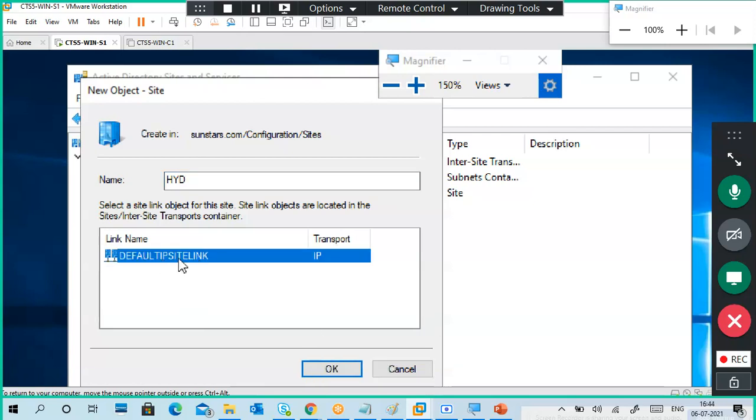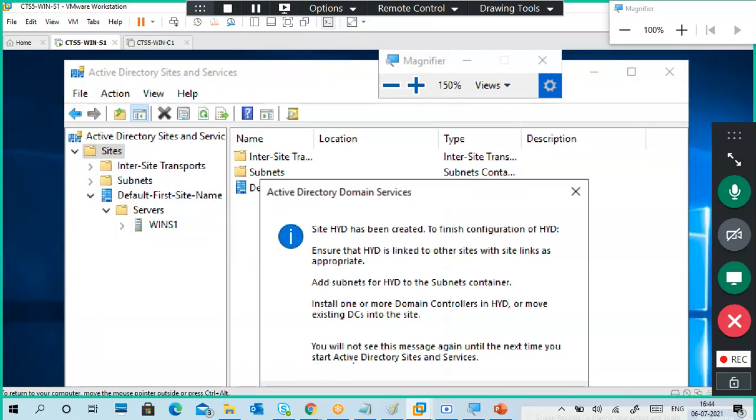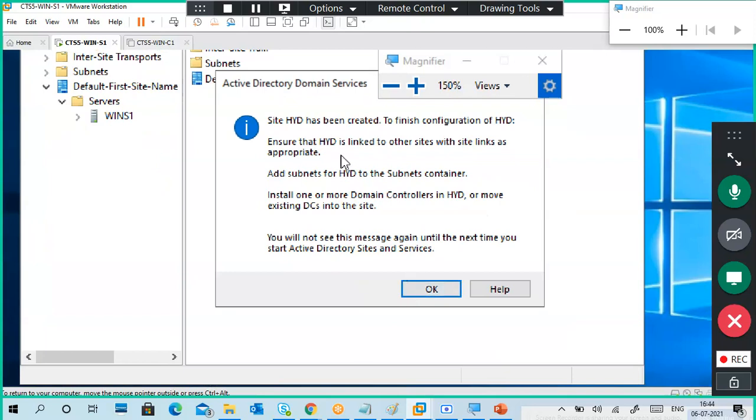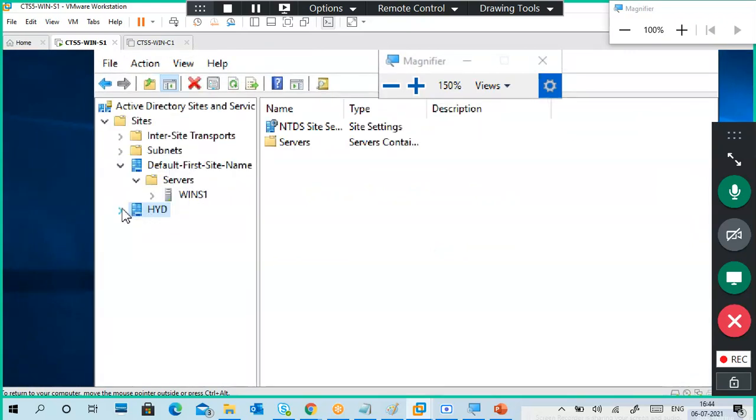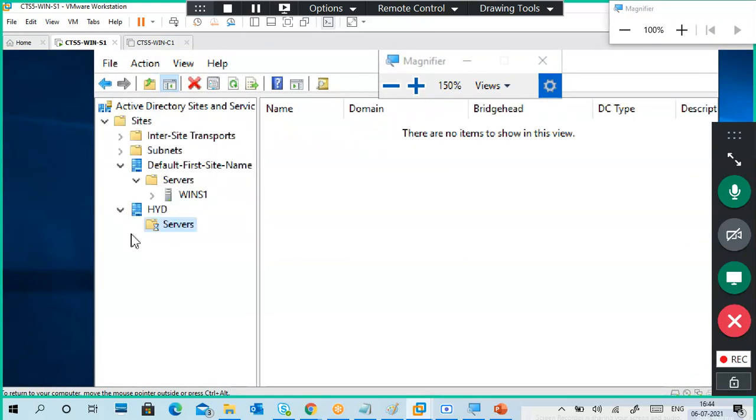This is the default IP site link. Only one transport is there, so I'll click OK. Now this is the Hyderabad site, with no servers.